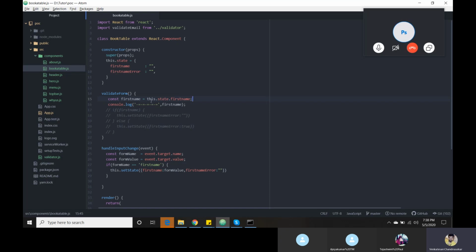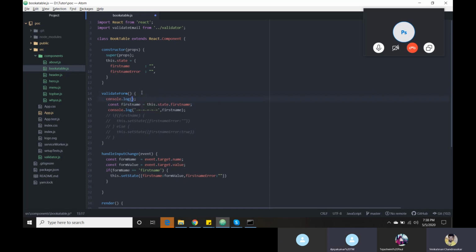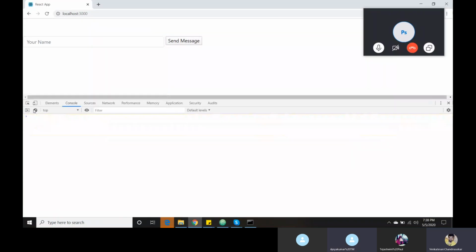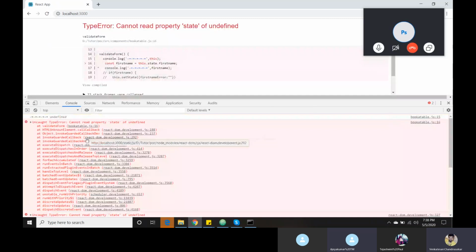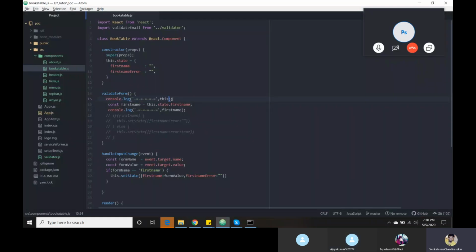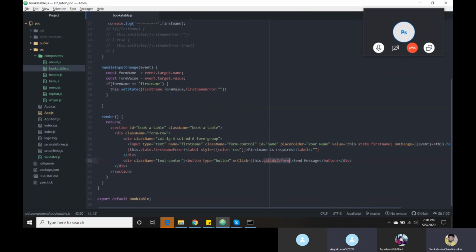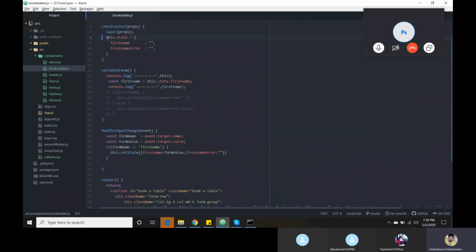The reason: if you console log this, it tells you this is undefined. We did not bind our property correctly. Whenever I need to access my super props property, I need to bind my function inside the constructor.